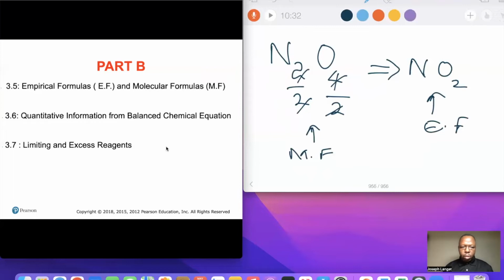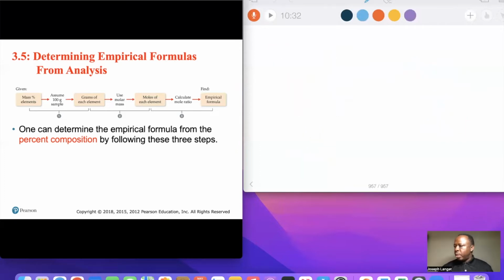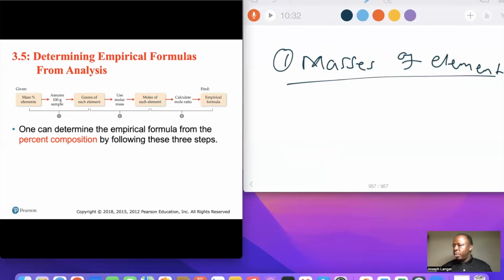There is a procedure by which you determine the empirical formula from analysis. You may be given the masses of elements in a compound, and you are asked to determine the empirical formula. If given the masses of elements in a compound, you need to